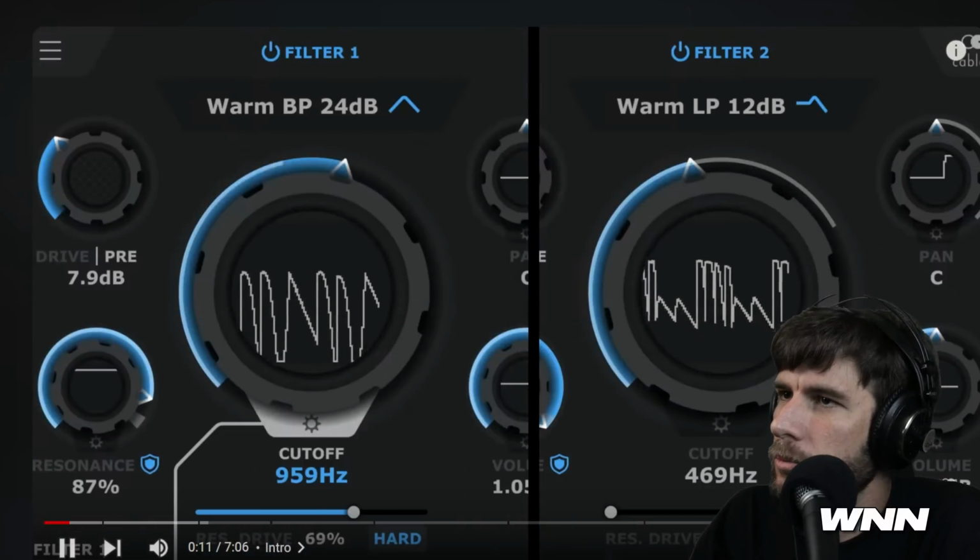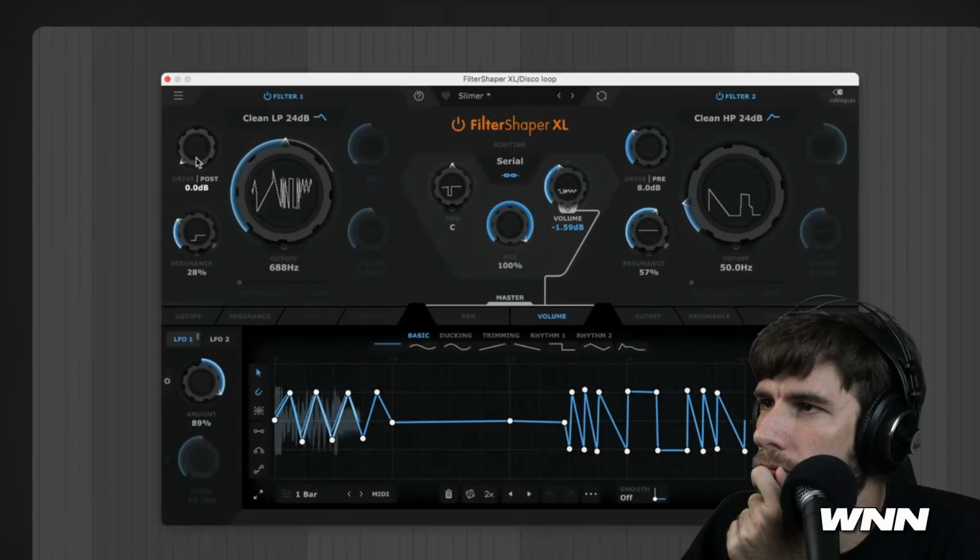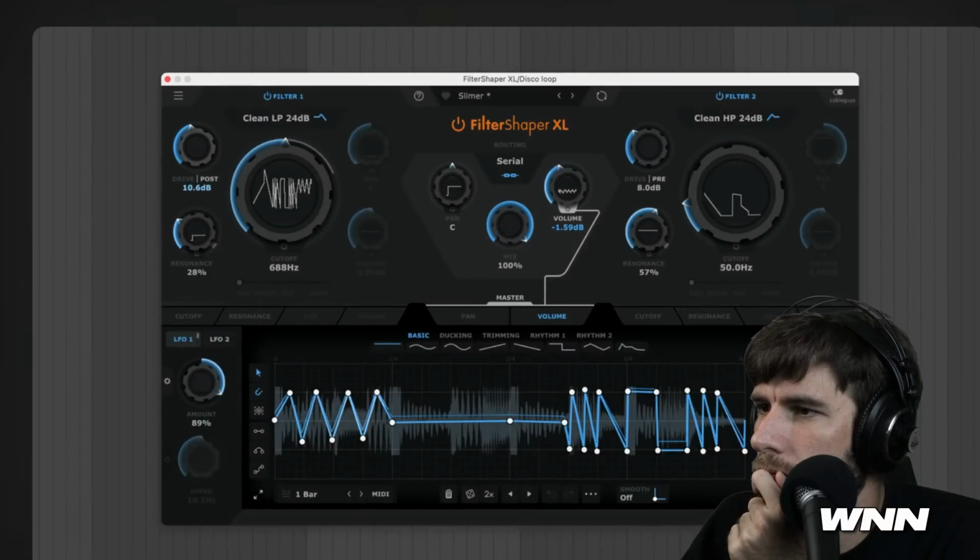It delivers a pair of multi-mode filters. So it has multiple filters and you can run it in parallel or serial, meaning you can have it one after the other or run next to each other simultaneously. It actually seems like it's pretty nice if you need to do this sort of thing to your sounds, which